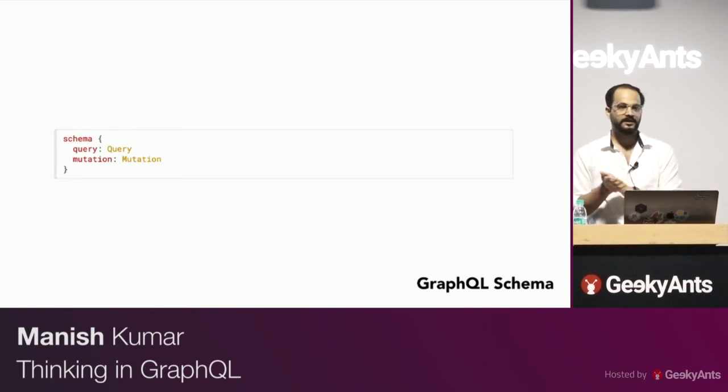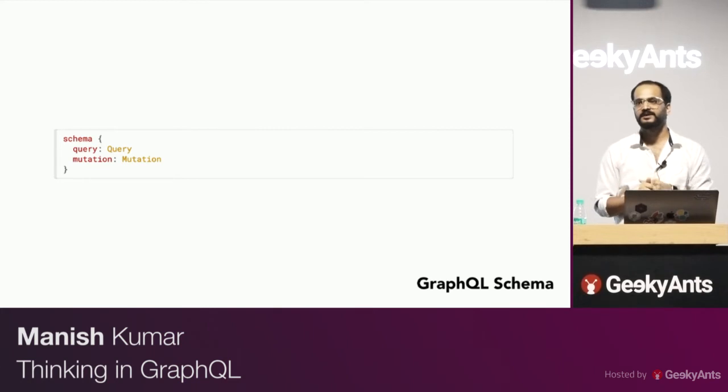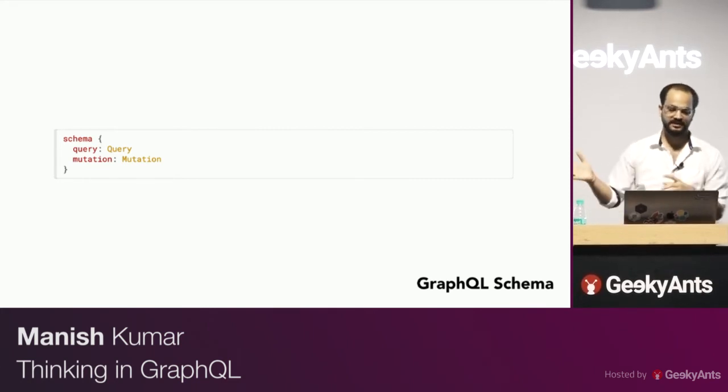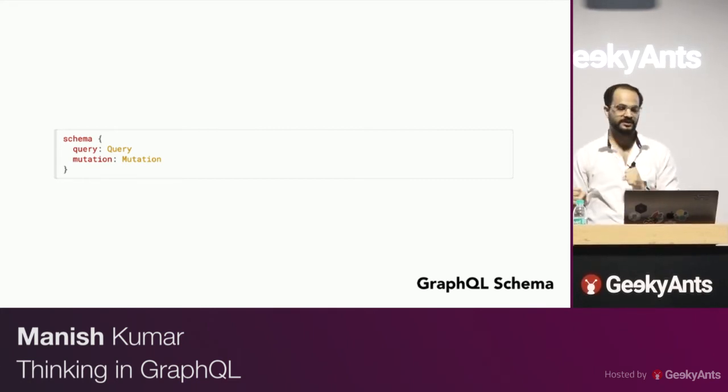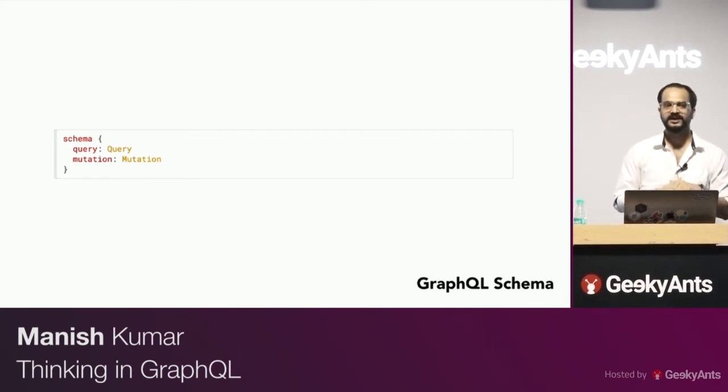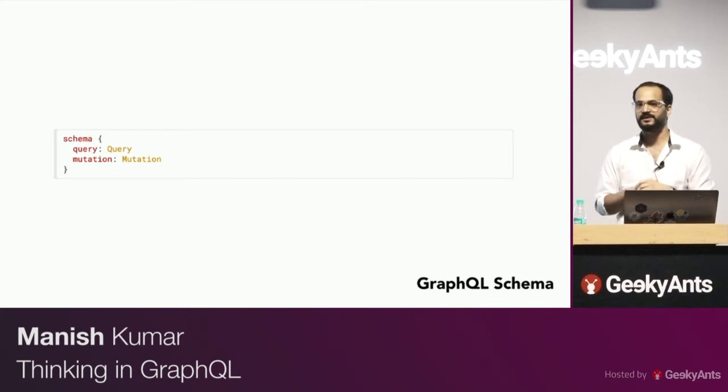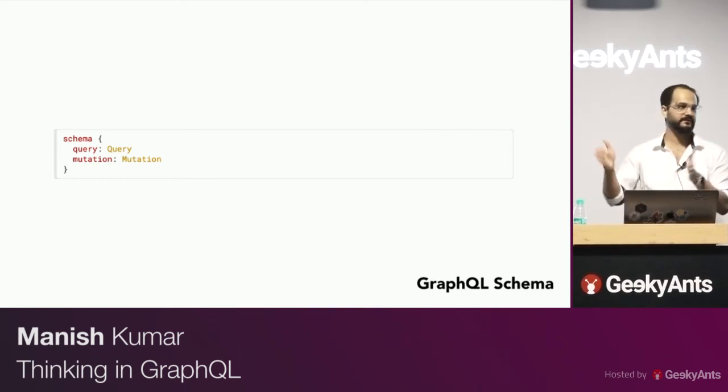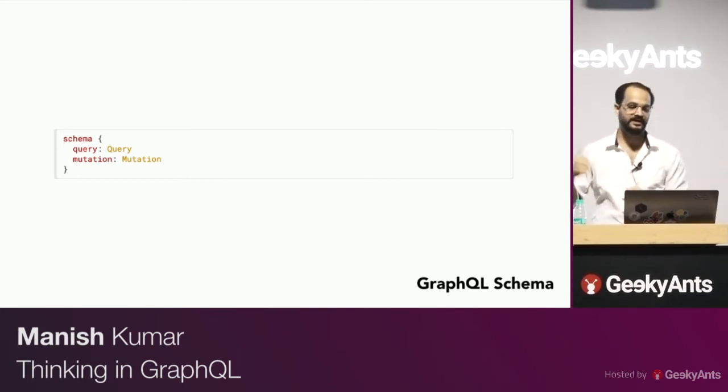At the root of all GraphQL endpoints is a well-defined schema. Without a schema, there's nothing in GraphQL. There needs to be a schema which talks about at least 2 things, which is query and mutation. There's something else as well, which is called subscription, but I'm not covering it. It's completely part of your WebSocket connection, so you can have streaming data there, but since we're just talking about the REST equivalent of this, let's just talk about query and mutation.